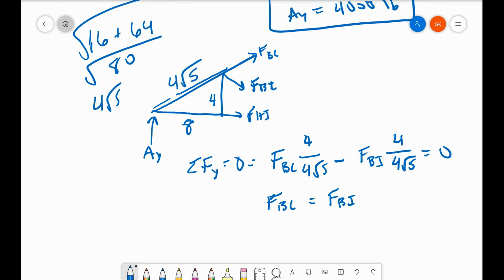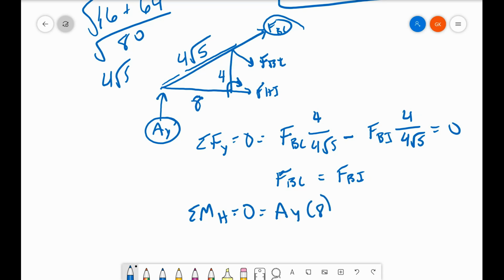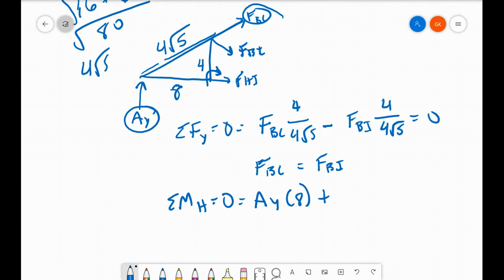Okay. And the last thing I'm going to do is take the sum of the moments. And I do that around this point right here, because I want to figure out what this guy is. So if I do that, what I get is sum of the moments around point H is equal to 0, will be equal to AY times 8 plus, make sure I do everything correctly,